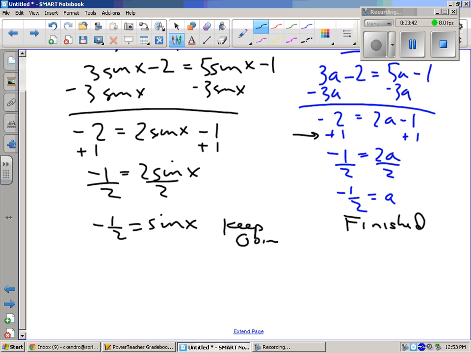Keep going. So we need to look on our circle and ask ourselves, where is sine x negative 1/2? So that would be here and here. So those answers are 7 pi over 6 and 11 pi over 6. Okay, so those are the two answers between 0 and 2 pi. All right, the second process